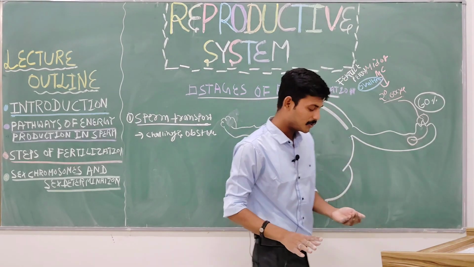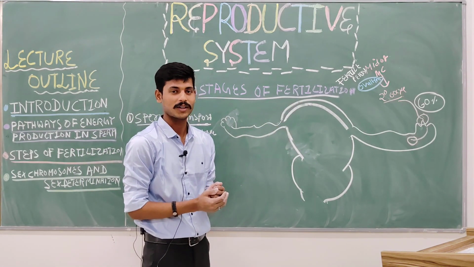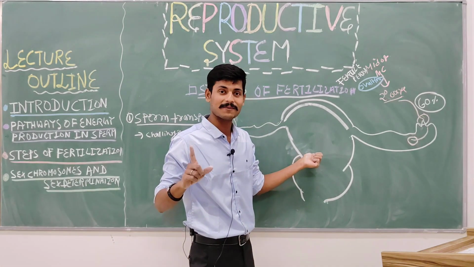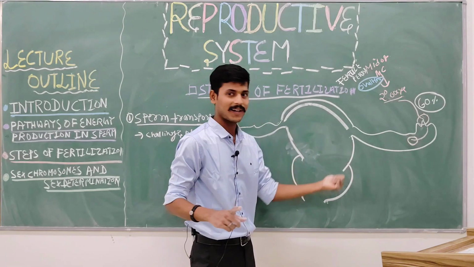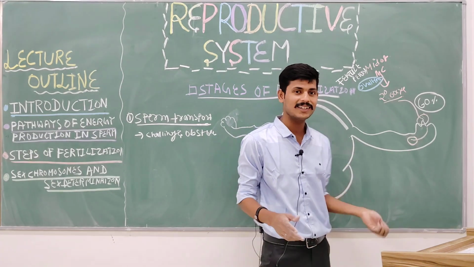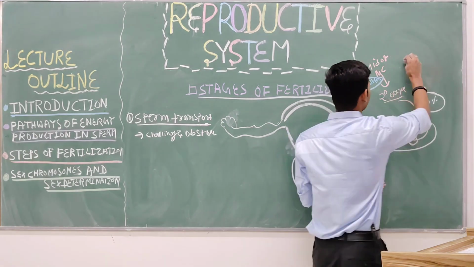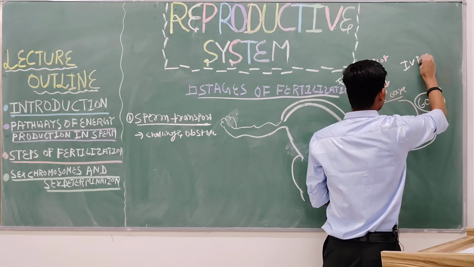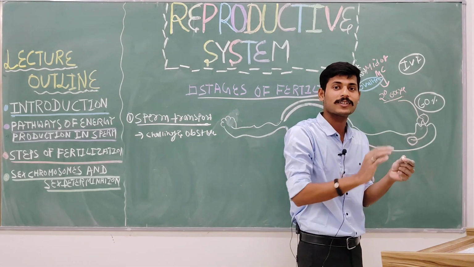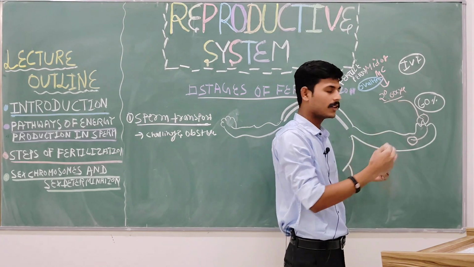Are you following? But this meeting only happens in the egg's home. Here egg's home I am referring to as the female reproductive environment. They are not supposed to meet outside. If they meet outside, then there is no natural meeting. There is a meeting with the IVF technique. There can be a meeting outside also, but that's not natural. It's called artificial. This is assistive.